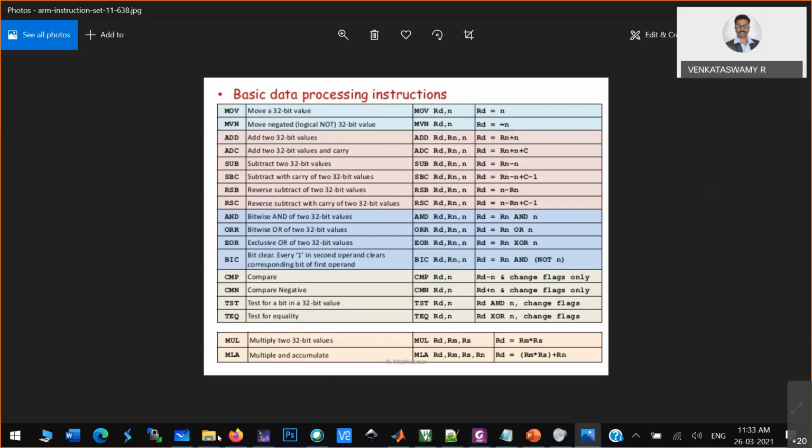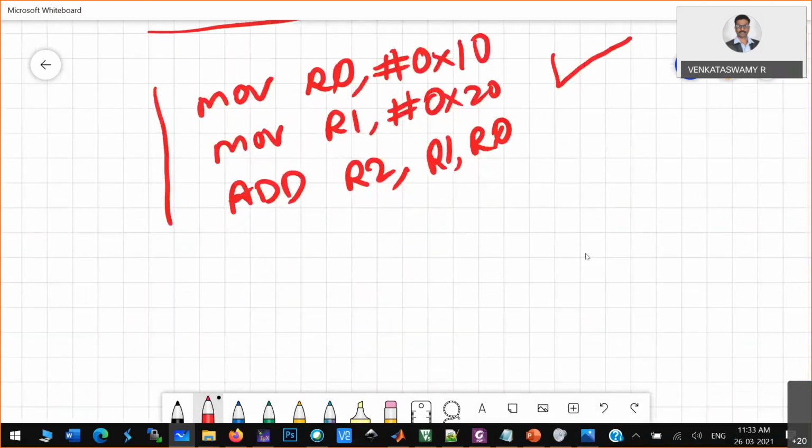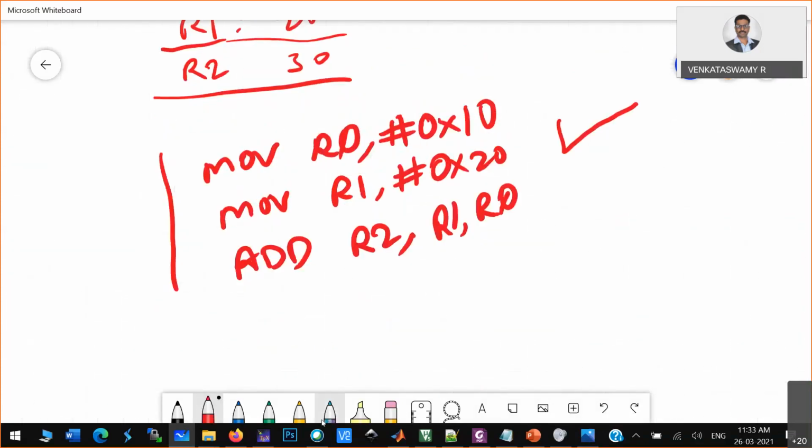Okay, so now, by doing this groundwork, we should start writing the program. This program is fine. This program just adds 2 numbers. Now, any questions on this? So, the programming model. You can see here, 10 you are passing, 20 you are passing, and you are doing an addition operation.